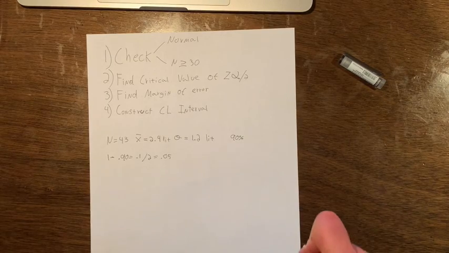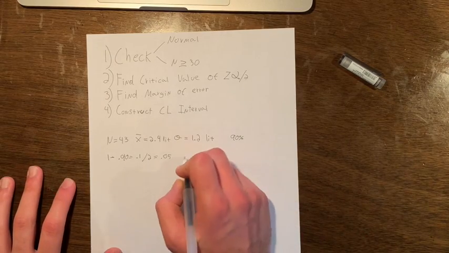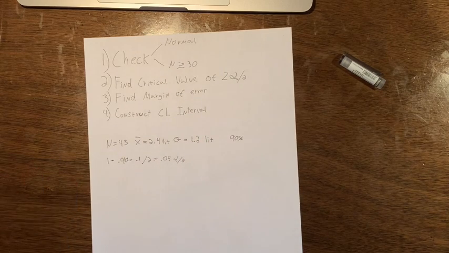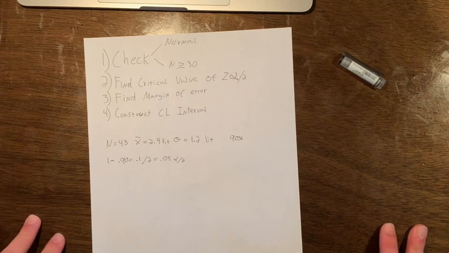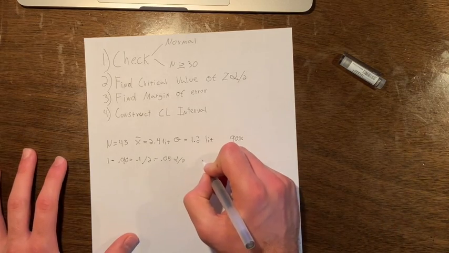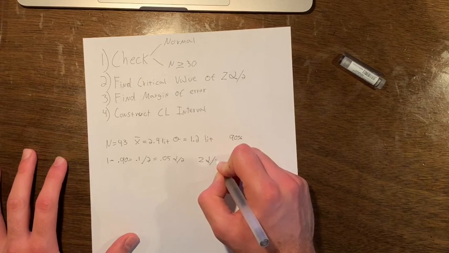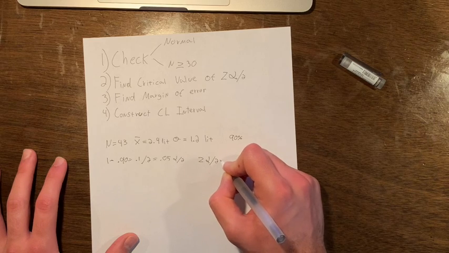This is equal to alpha divided by 2. And if we check our table, we know for certain that the critical value is equal to